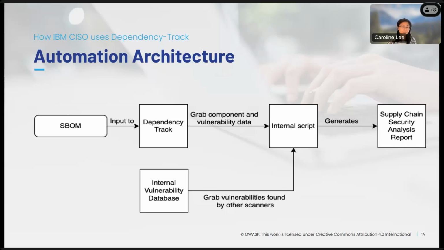So this script generates an Excel sheet of all the information they need, and then they complete the report. And I think they reformat it into PDF with some more graphics. And then they use that information